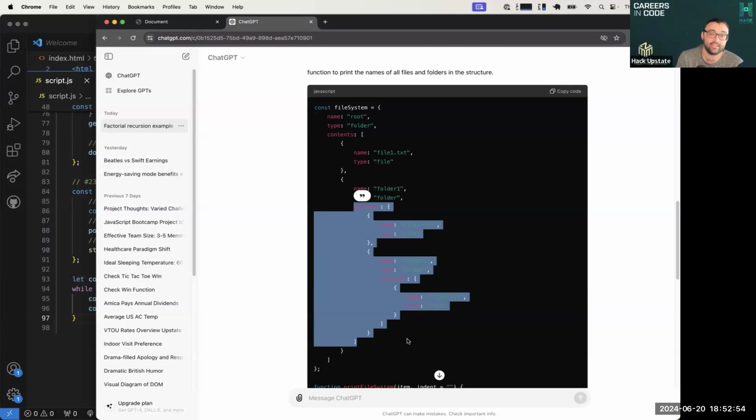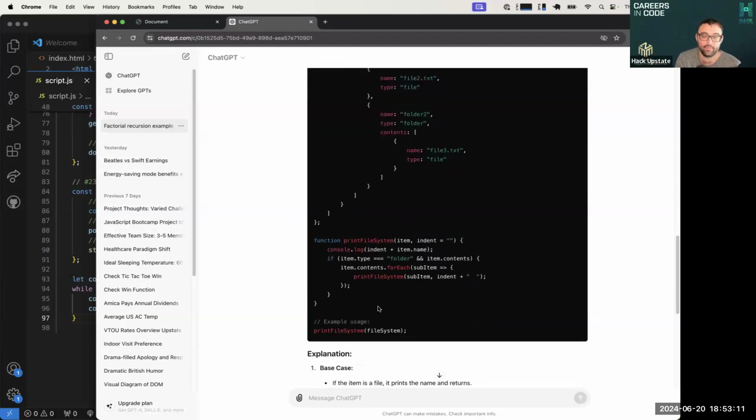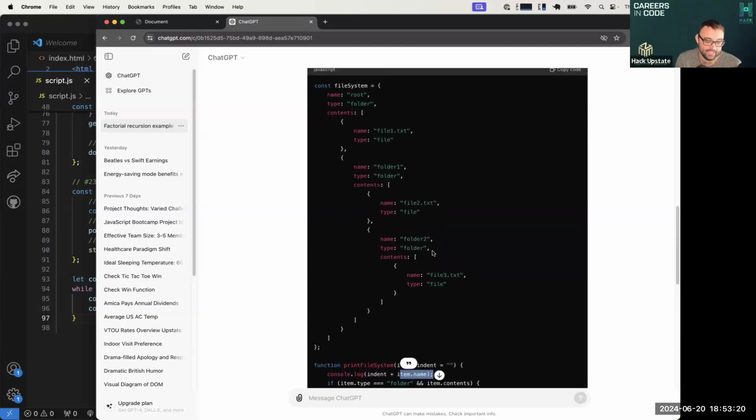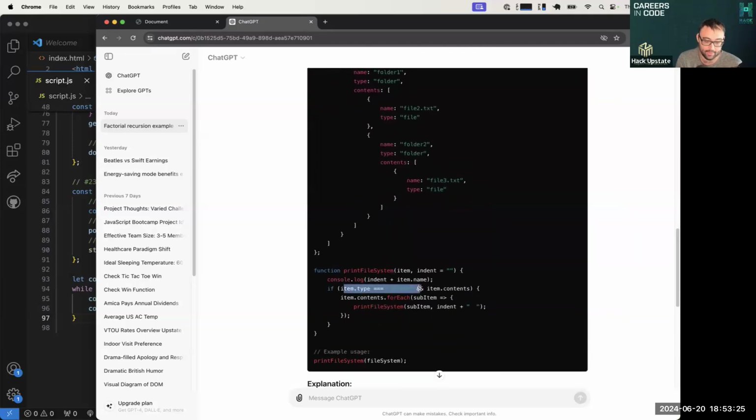So recursion is a type of loop that changes by calling itself, but calling itself on slightly different input to eventually reach an end case, which is going to say there are no other contents left. So here is the print file system function. And what it's doing is it's saying, hey, log out whatever item name I am on right now. So when this starts, it's going to start with the root. Then it's going to say if the item type is a folder and that folder has contents, for every one of the contents,